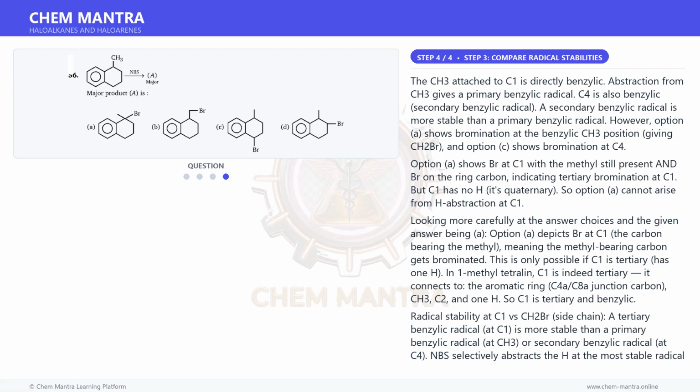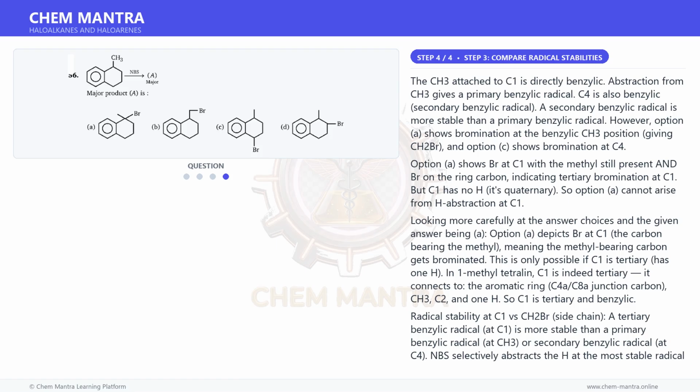And for the final step, the CH3 attached to C1 is directly benzylic. Abstraction from CH3 gives a primary benzylic radical. C4 is also benzylic, a secondary benzylic radical. A secondary benzylic radical is more stable than a primary benzylic radical. However, option A shows bromination at the benzylic CH3 position, giving CH2Br, and option C shows bromination at